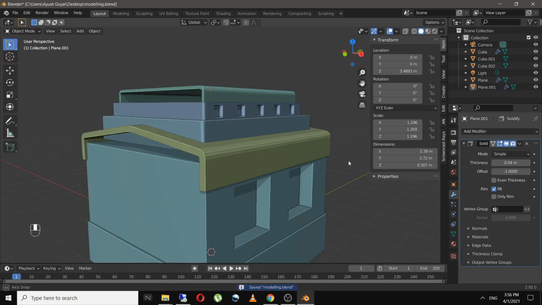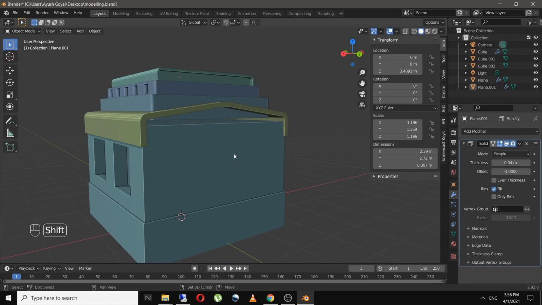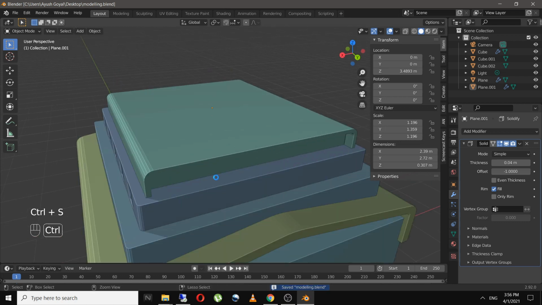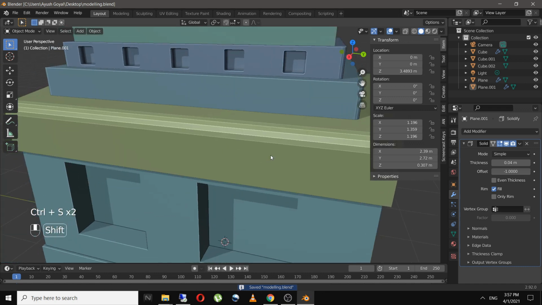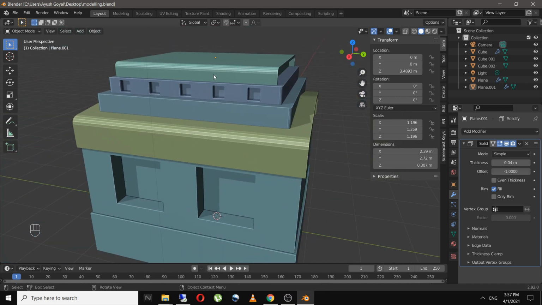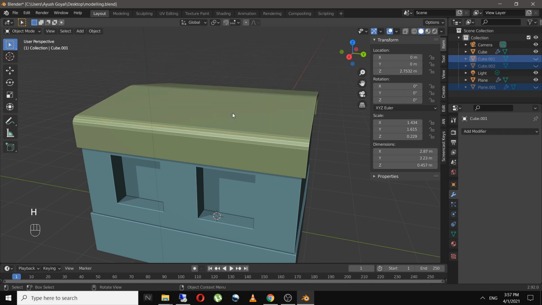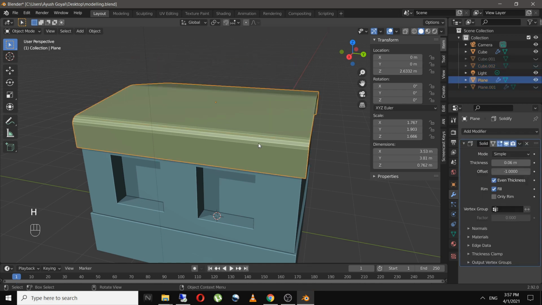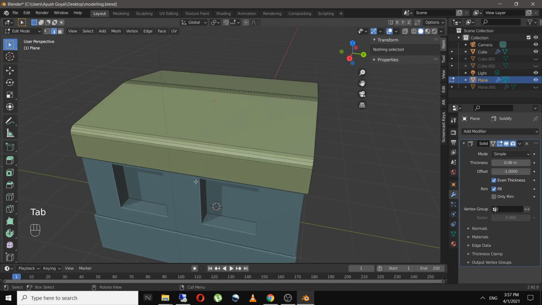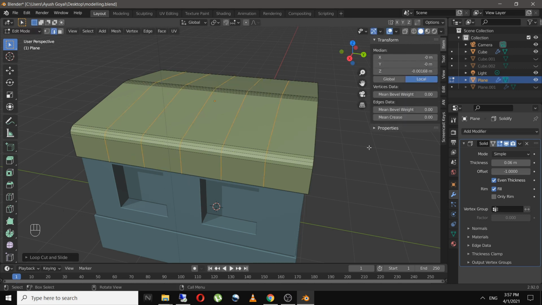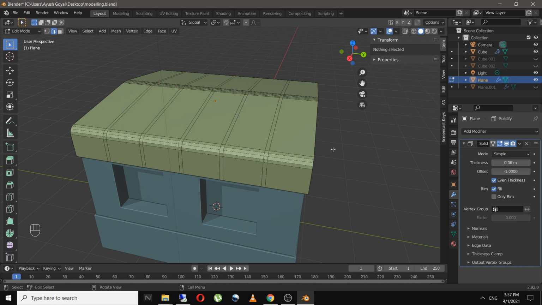So as you can see, we are getting the shape of that townhouse. And now I will hide these things by clicking on H, and in here I'll go to edit mode and add in 5 loop cuts, something over here, and then I will bevel them by clicking on Ctrl B, and I will put the segment as just one, somewhere over here.